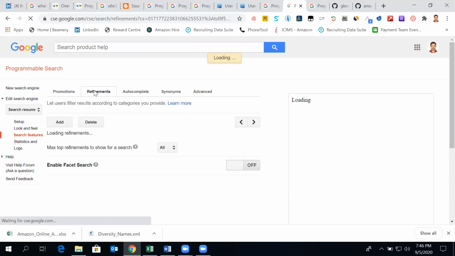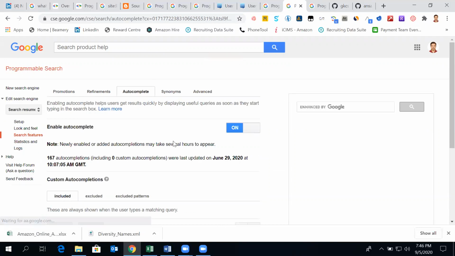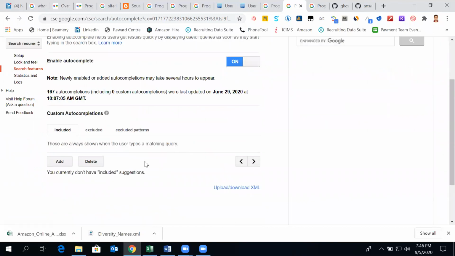Refinement, we have covered what refinement is. Autocomplete.